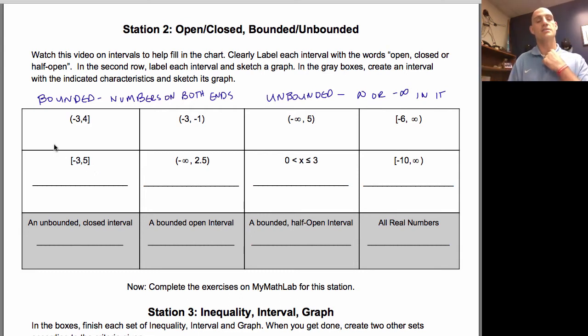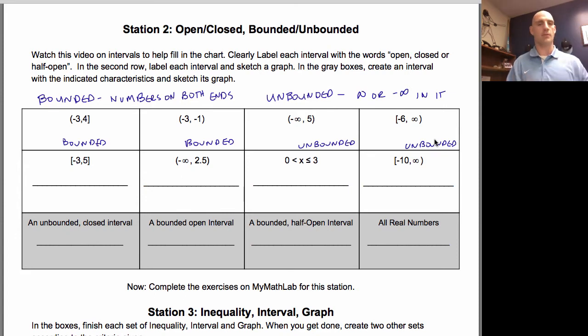So first of all, we're going to do this first row of boxes. I'm just going to go through and label them either bounded or unbounded. So here we go. This is a bounded interval. Okay, it's bounded because it has numbers on both ends. Again, bounded. Okay, these two are unbounded. And this one's also unbounded. Okay, and so as we go through this,